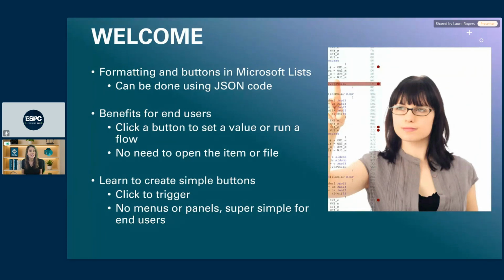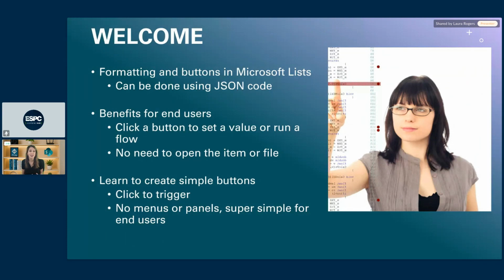The reason I like to do this method is because it makes it easy for end users. Just the fact that we're presenting a button that's clickable directly on the list gives them less places to have to find things and less of the confusion of a long list of things in a toolbar. It gives them a very simple interface and immediately triggers that action, such as an approval or kicking off a flow. And they don't have to open that item. So again, it's just less clicks and super simple. I always like to make things very obvious for end users. So we're going to talk about this concept of just clicking to trigger something.